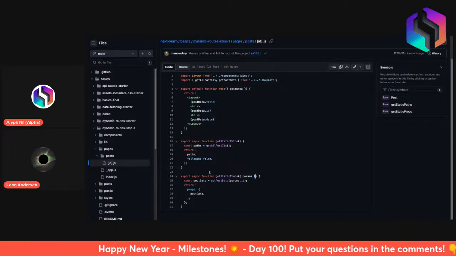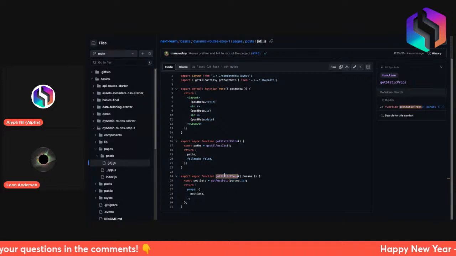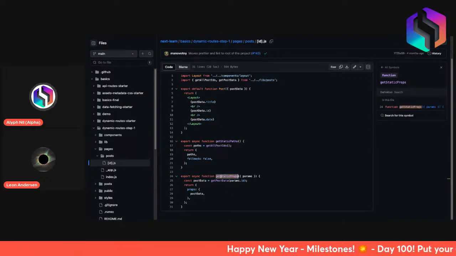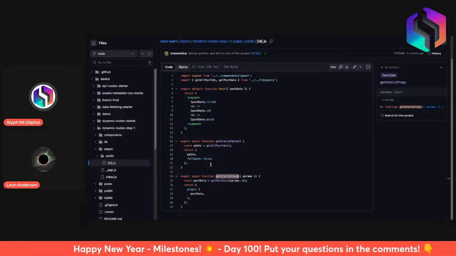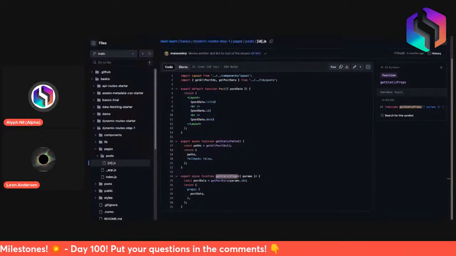I still don't, I mean, you need to tell it about what its params are, right? You need to tell it, hey, you are the getStaticProps right now for ID full. You are now the getStaticProps for ID bar or whatever. So you need to pass it something. Right? I don't know. Maybe I still don't understand the question, but